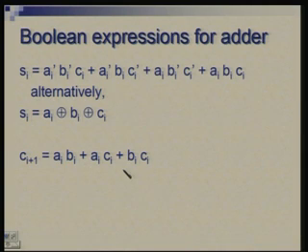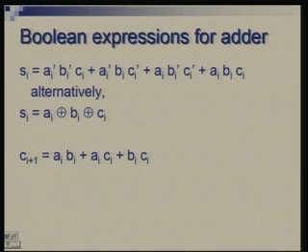So now once you have got Boolean expressions representing the output, you can straight away come up with a circuit design which will do this. So you have AND gates and OR gates, you connect them exactly as dictated by this to get the design. So I will not go into that.